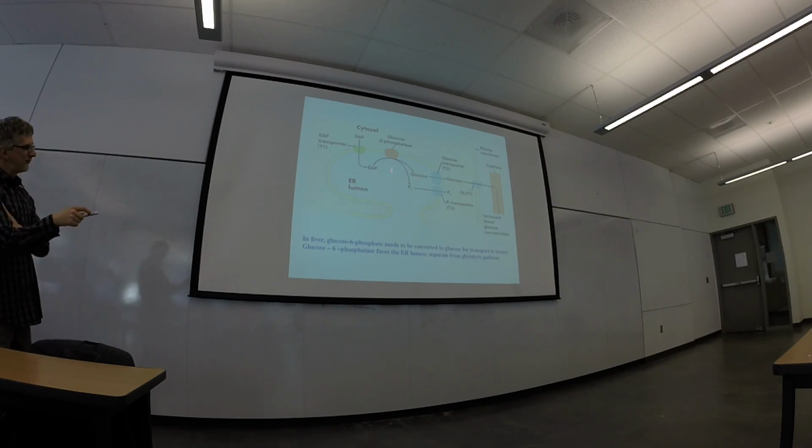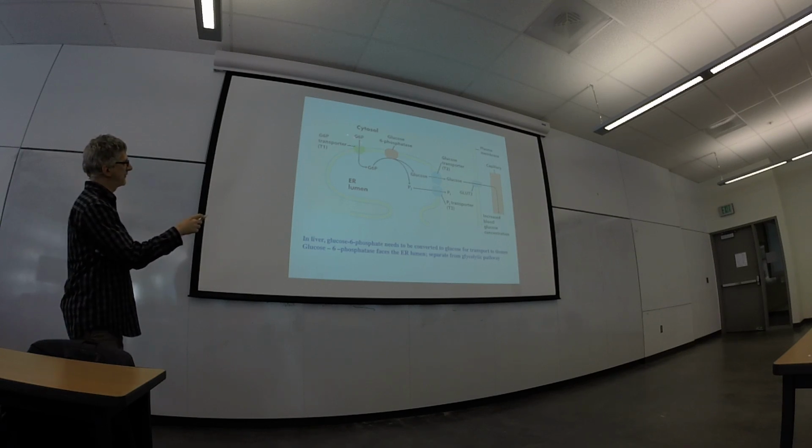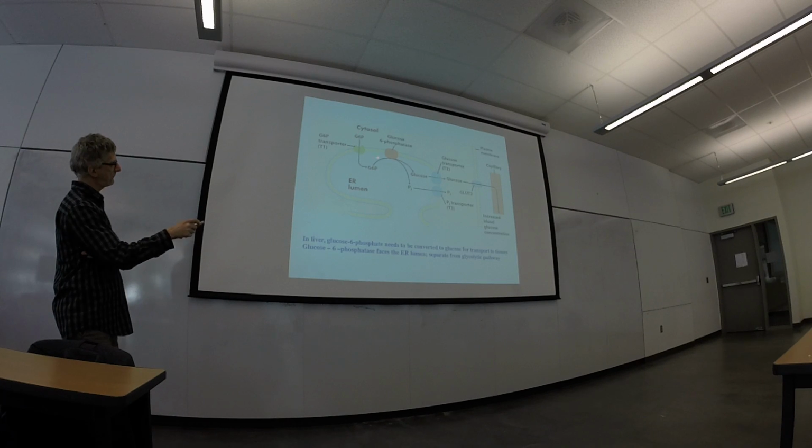But here's another role for the lumen, at least in liver cells. In its membrane, it's got this transporter. The G6P that's produced after breakdown can be transported into the lumen, where it is hydrolyzed by a phosphatase